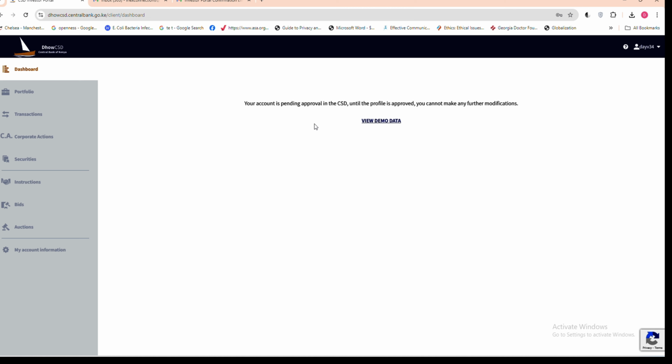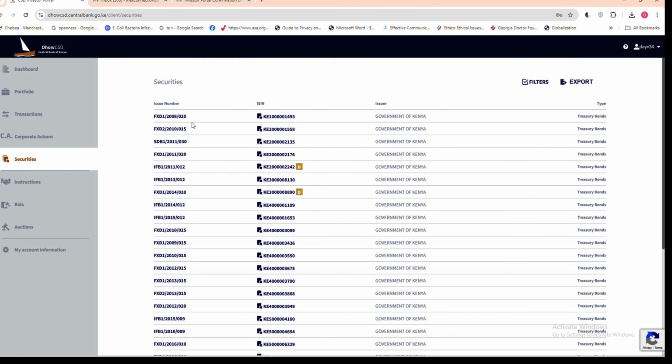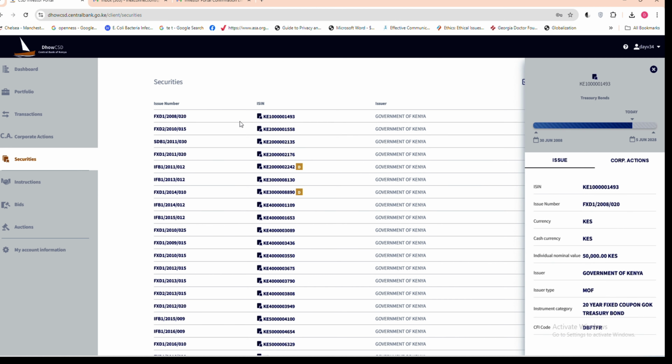So you cannot access, as you can see, some of the sections like portfolio, transaction, dashboard, and all the others. I believe this is just a demo for demonstration. You can learn from this. You can just check to see how